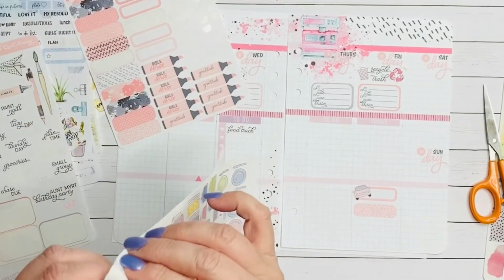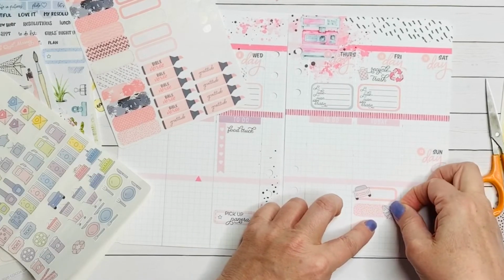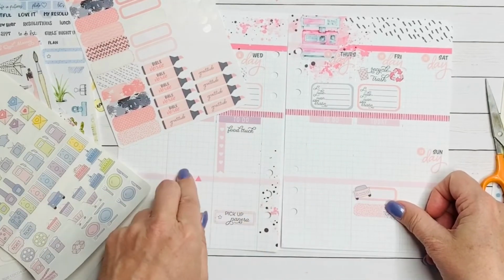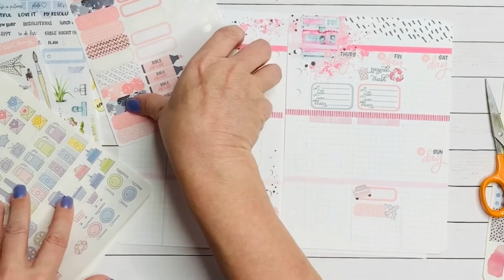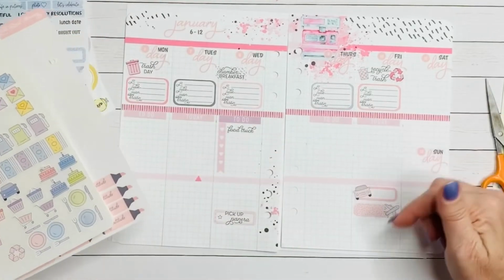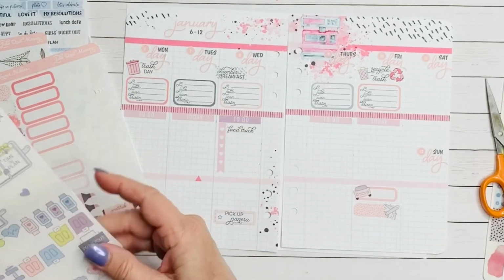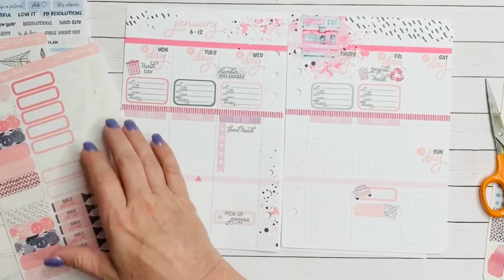Okay, so I do have another airplane because I'm hoping that my husband is only going TDY once this month, and he's going the week before this. So, pick up my brother at the airport in Savannah. Hopefully on our way. I don't know, we may end up going to my mom's, then coming back and picking up my brother. Don't know. I think his flight comes in at 9-ish in the evening. So then I have